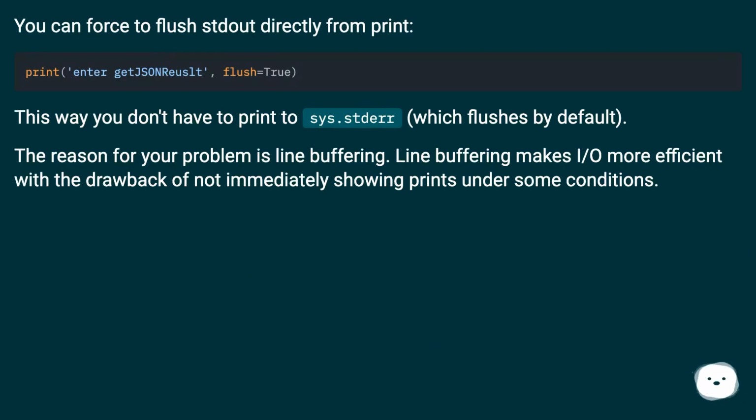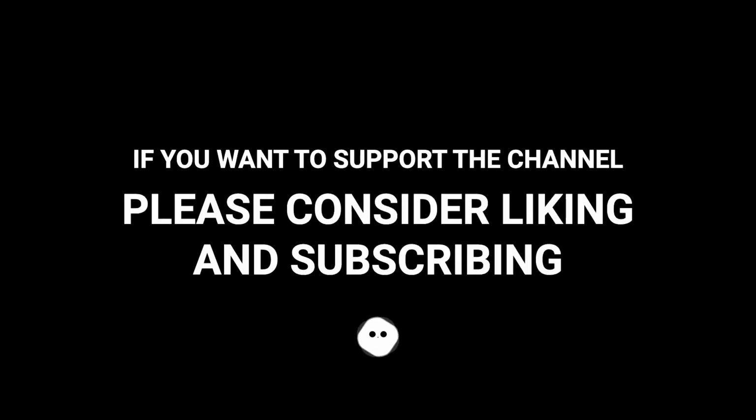The reason for your problem is line buffering. Line buffering makes I/O more efficient, with the drawback of not immediately showing prints under some conditions. Ultimately, a